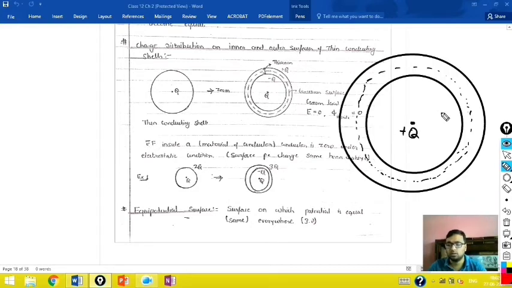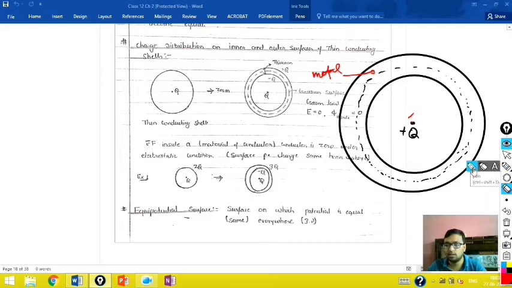So just think, if we have a positive charge plus q at the center, and one more thing, this is metal, you know it very well, we have considered it. And suppose someone says that if I will not distribute any amount of charge on the inner surface, then what is the problem in that case? The problem will be like, suppose you do not provide any induced charge on the inner surface.